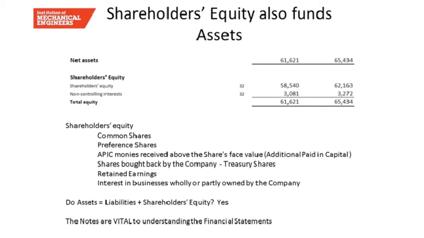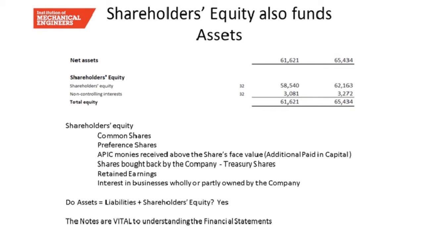Now, shareholders' equity also funds assets, as I said before. This is in the balance sheet equation. This is the other part of it, and shareholders' equity represents everything the shareholders own. And again, we'll split this out. But if you look below, we've got shareholders' equity is 62 billion pounds in this case. But what's in there? Common shares, preference shares,